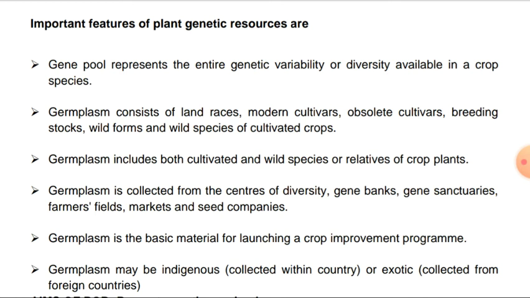It is observed in both cultivated and wild species, or in the relatives of crop plants. These germplasms can be collected from centers of diversity or centers of origin, gene banks, gene sanctuaries, farmers' fields, markets and seed companies, and they are the basic material used in